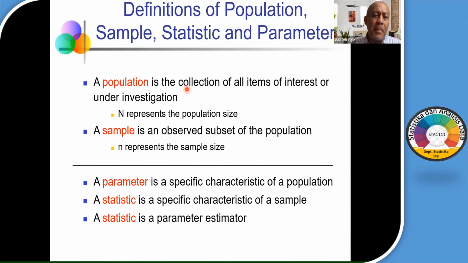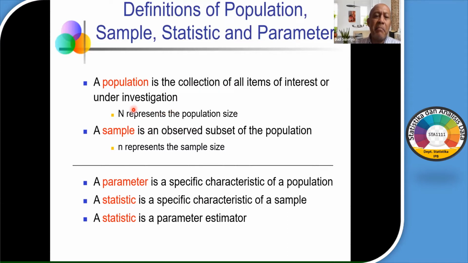It's no problem. It depends on the research. It depends on the researchers. Because the definition of population is very important for what? This is for interpretation of the population. If we define population as all of the students of IPB University, for example, 10,000 students, and